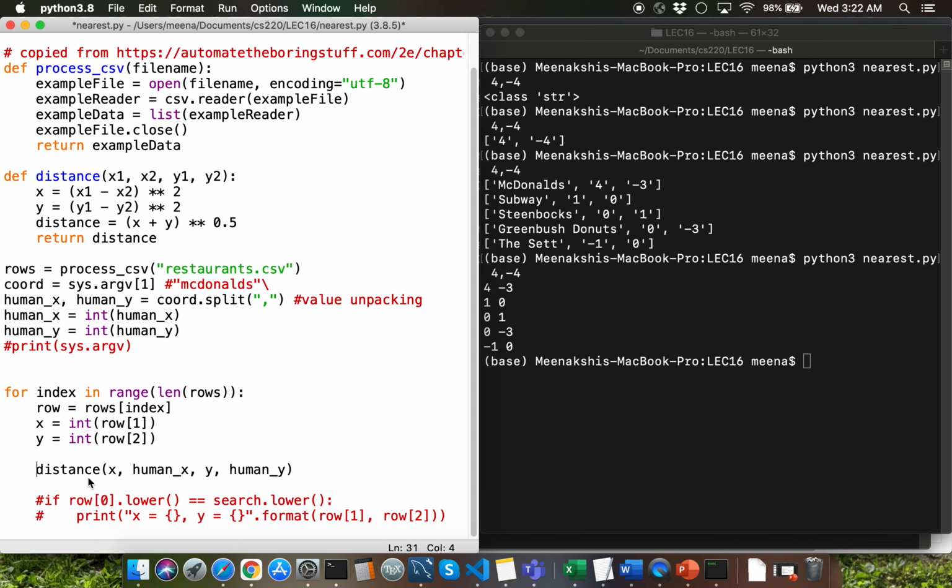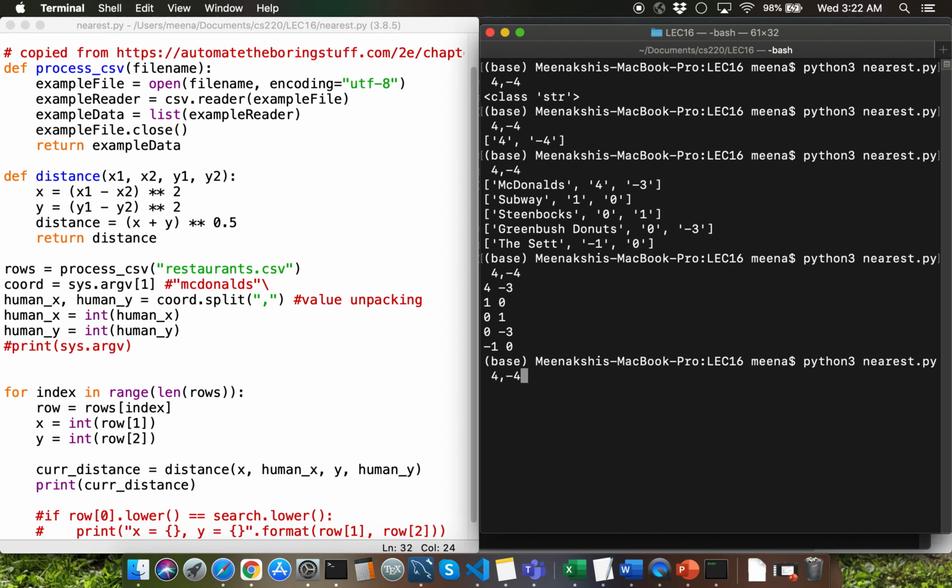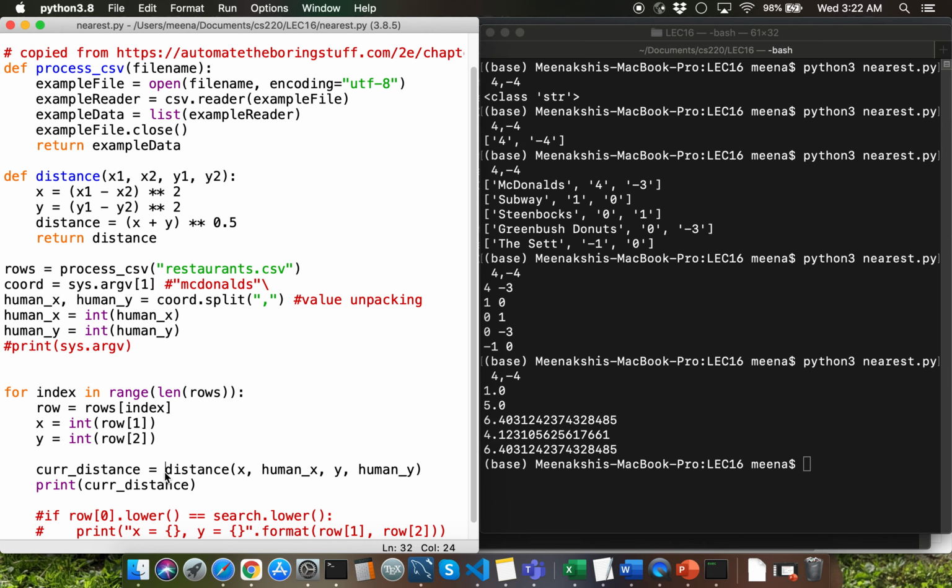I'm going to capture the return value into a variable called cur underscore distance. Let's just display cur underscore distance to verify that the program is working well so far, not that we are going to actually verify the distances.